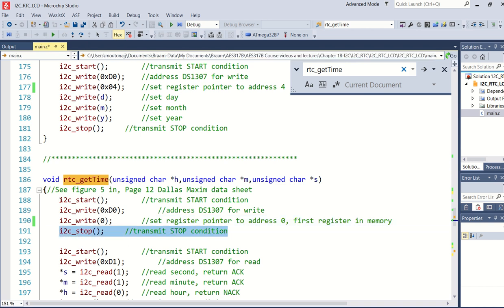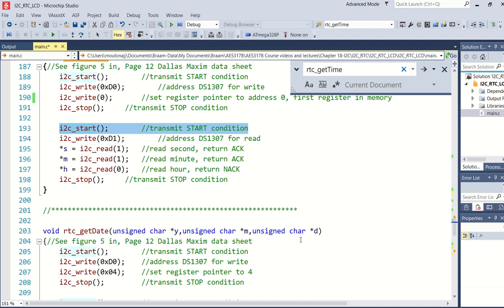So these first 4 lines here are just to get the pointer to the correct address inside the real-time clock. So here again, now I want to start reading. There's the start condition, as we've seen before. And as we can see now, there's the D1. That 1 indicates the master wants to read from it. So if you write to this device, you are actually going to read. You're telling it you want to read from it. And as you can see here, pointer to a char S has actually got the sec. It's actually pointing to sec because the address of sec was given from the main function.